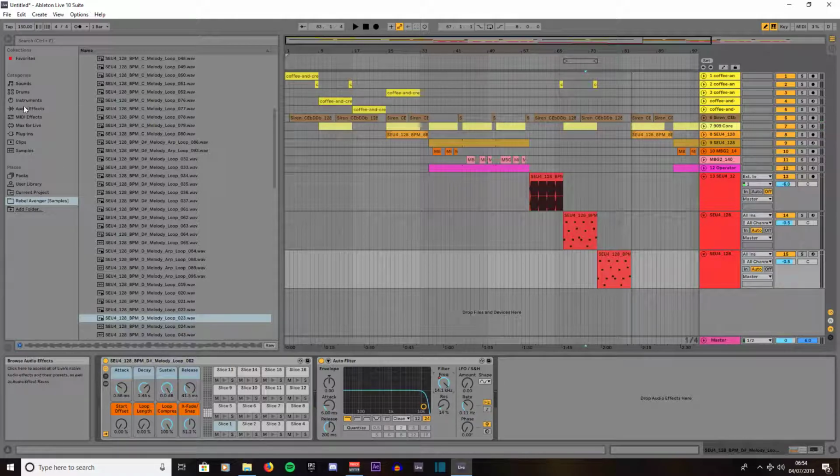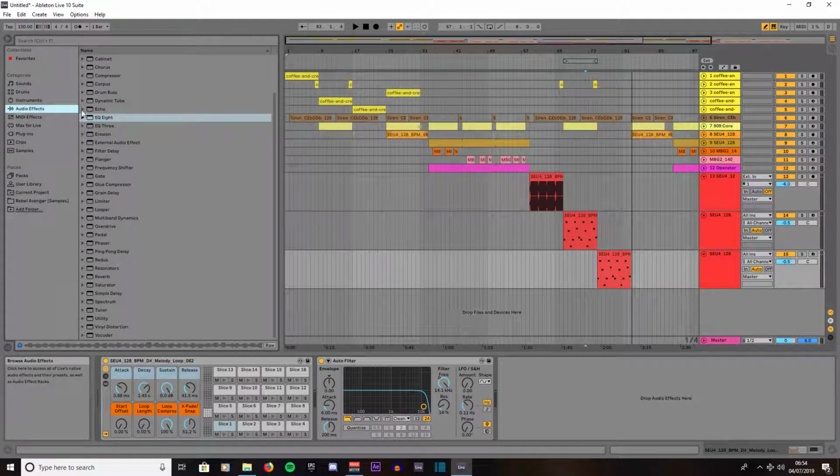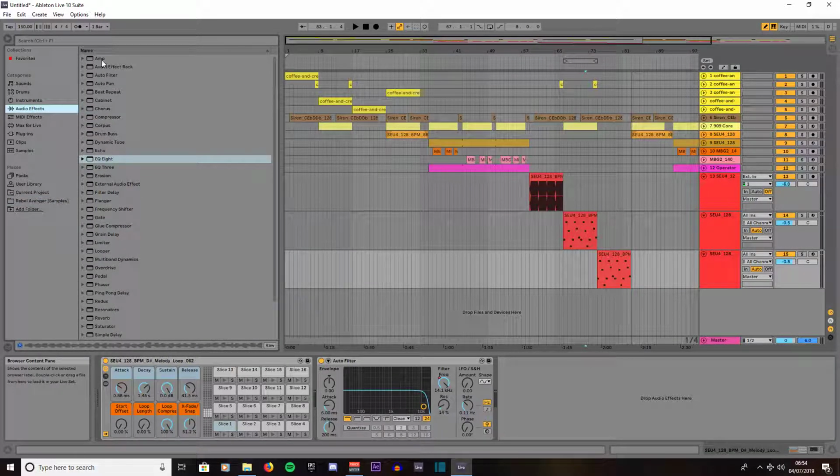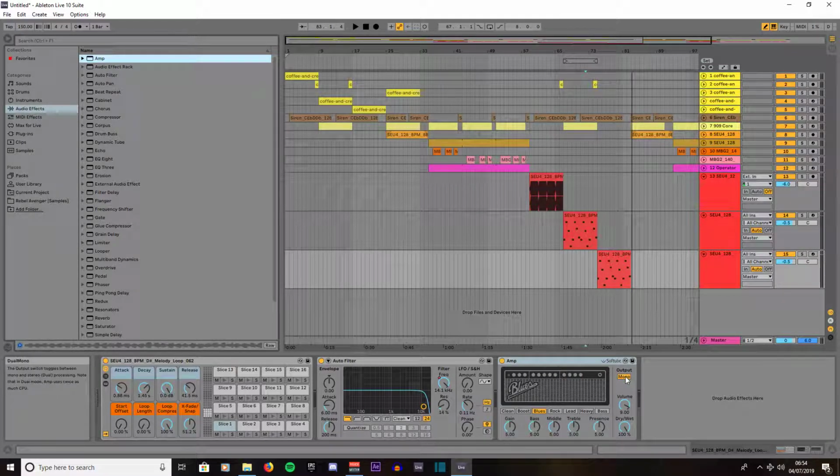Then what we'll do to make it a bit more different, we should go to audio effects, click on amp, drop that on there, turn on output onto dual, turn the volume down, say 6 decibels, turn the dry wet all the way down to 75,